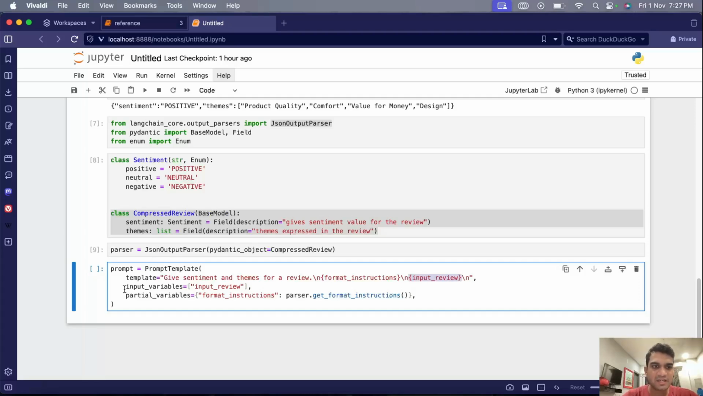And in this template, we are defining that this input review is one of the input variables. In LangChain, as we'll see ahead, everything gets chained. So it needs to know which are the input variables and which are the output variables in certain cases, so that they can plug these modules together as chains. So here format instructions is not an input variable. This is what this means. And then partial variables is format instructions, where